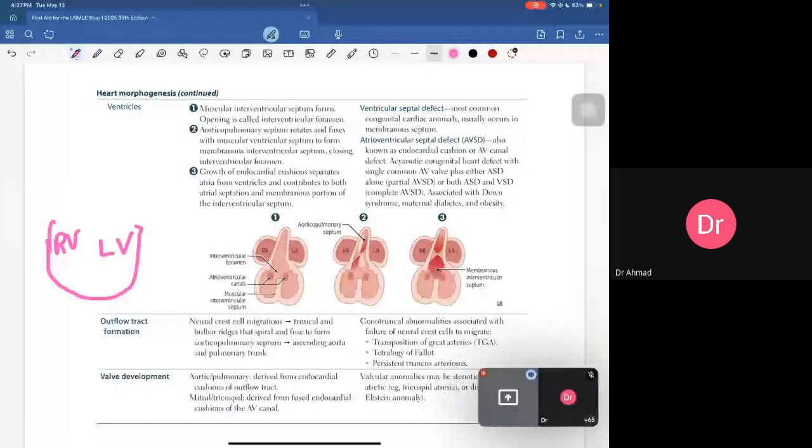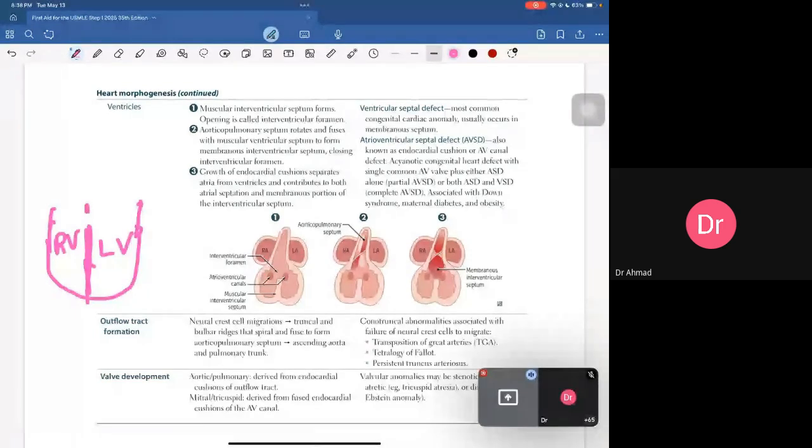The septum in the case of atria wasn't that muscular, but here the septum will be a muscular septum. So the muscular interventricular septum will form, and there would be an opening which is known as the interventricular foramen, right? So now there would be an entry which is known as the interventricular foramen, right? Now the second thing is that